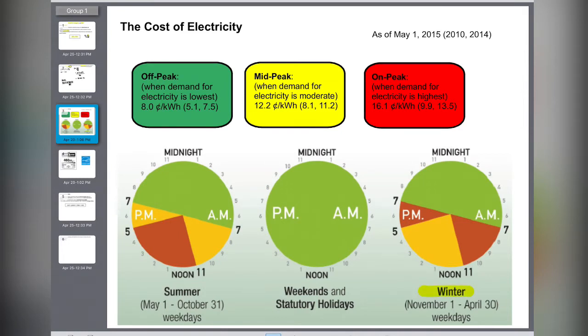The cost of electricity has different prices depending on what time you're using it. The reason for that is the government is trying to encourage you to not all use electricity at the same time. Your load of laundry will still cost the same amount of energy, but if we have too many people using it at the same time, there will not be enough energy from the nuclear power plant, and you would have to use fossil fuel,